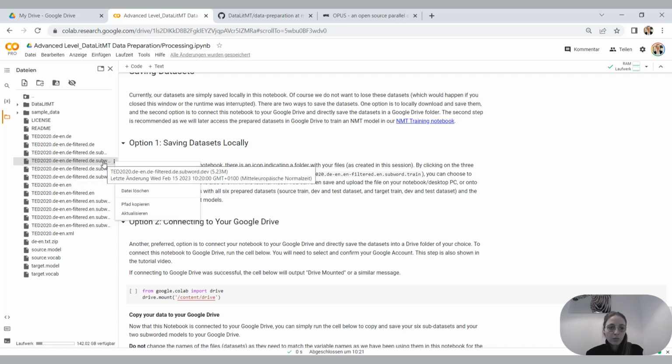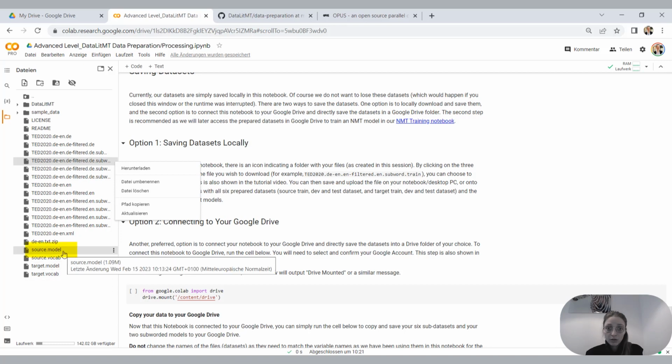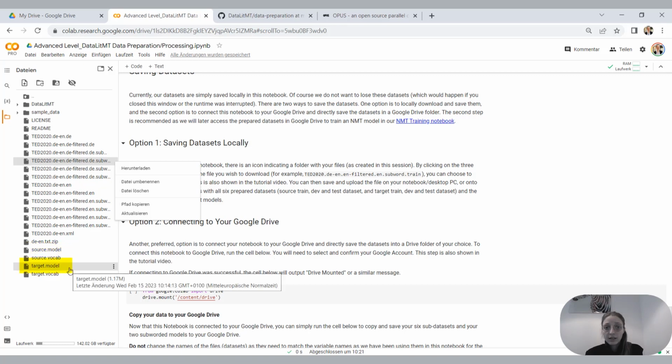So the 3 sub-datasets, we will definitely need those later on. And also very important to download is the source model. This is the SentencePiece source model that we trained earlier, and the target model, the SentencePiece target